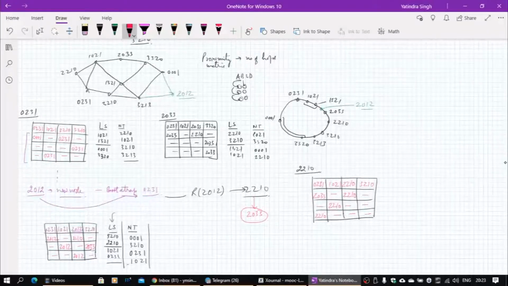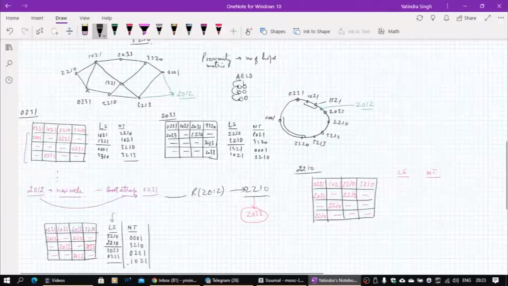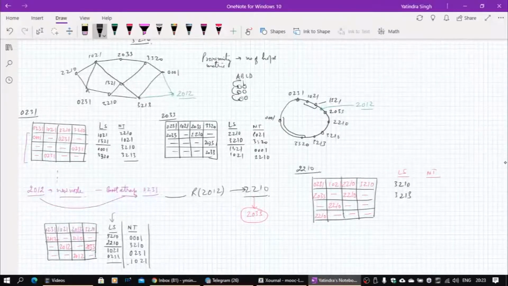leaf sets and neighbor tables have to be updated. Of course this 2210 will also tell about its leaf set and neighbor tables, so that information also has to be used. So 2210 stands here, it is going to contain 3210, 3213, and of course 2033 and 1321, and neighbor table again it will compute from here,